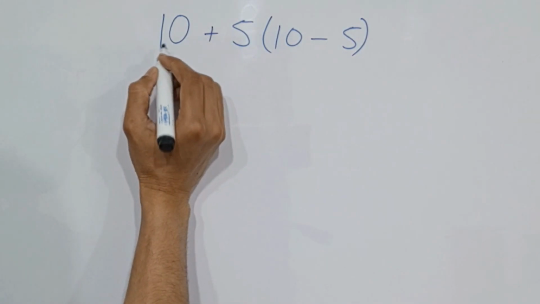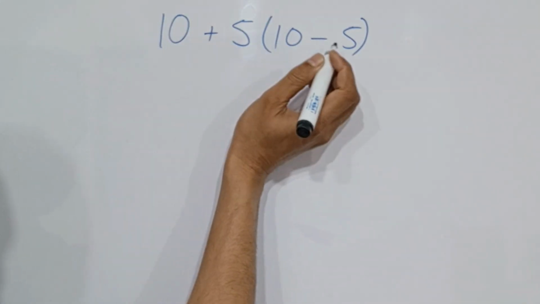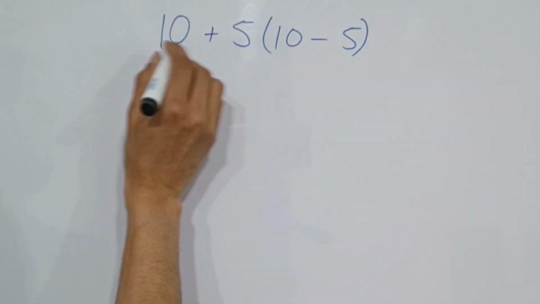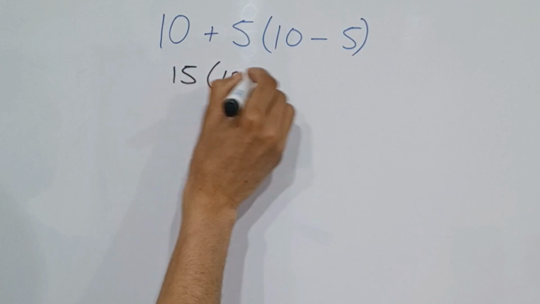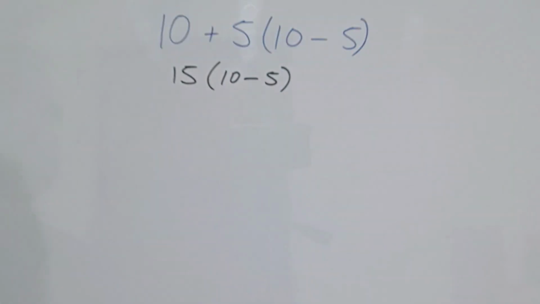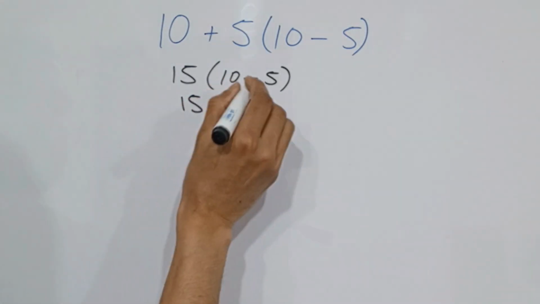Hey guys, can you solve 10 plus 5, and inside the parentheses 10 minus 5? 10 plus 5 equals 15, and 10 minus 5 equals